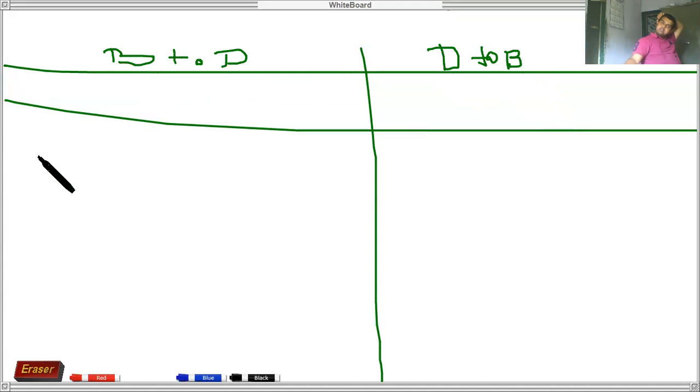Now it is 1 1 1 0 1. This is my binary number. So do it by yourself. Everyone, do it by yourself rather than waiting for me to do. I want to get the answer before I complete.